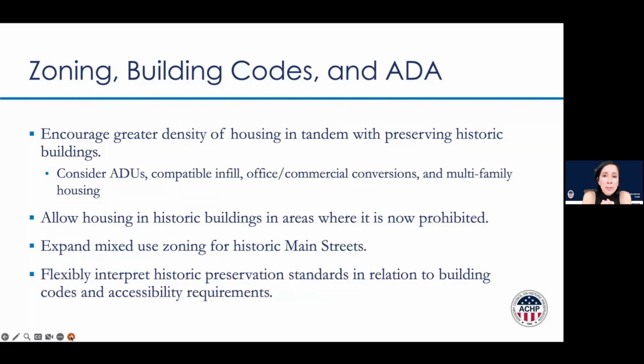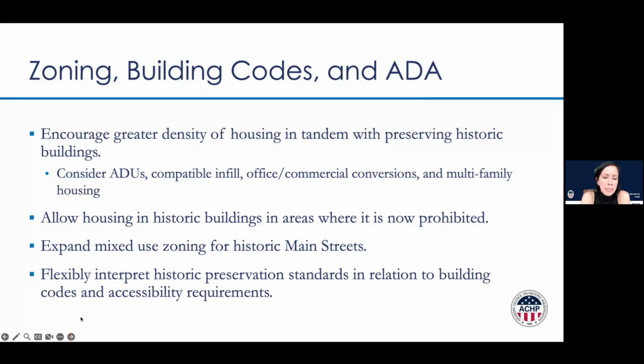We talk about multifamily housing. If you look at historic buildings, a lot of them change from single family to multifamily back to single family. That kind of flexibility and evolution within the buildings themselves is something that we see again, over the course of historic preservation, and especially its use in cities. Mixed use zoning was another thing. We heard from Main Street America, we've heard consistently that the idea of mixed use zoning, especially on historic main streets, is critically important. If we have better zoning there, we can also encourage housing.